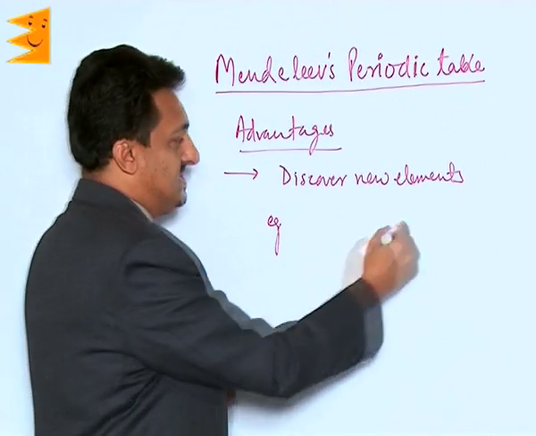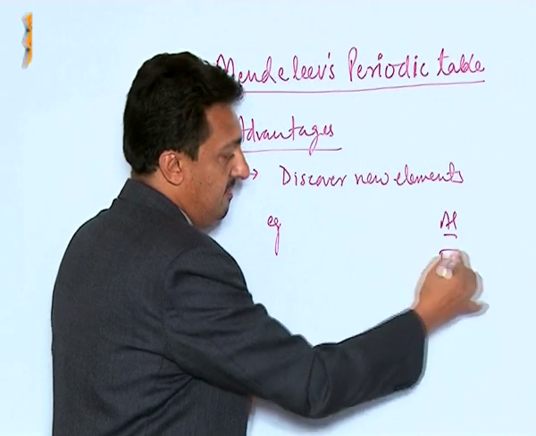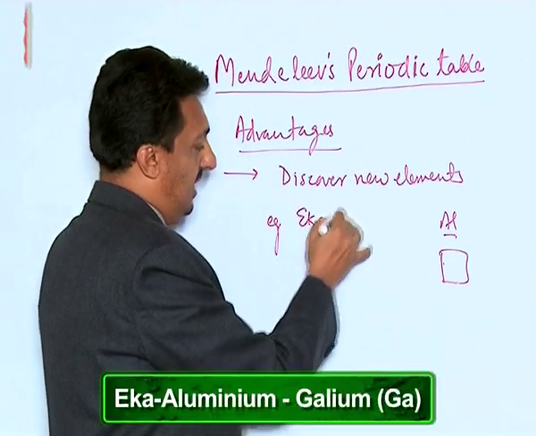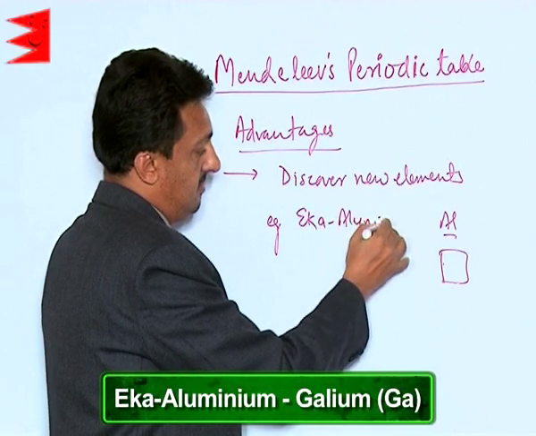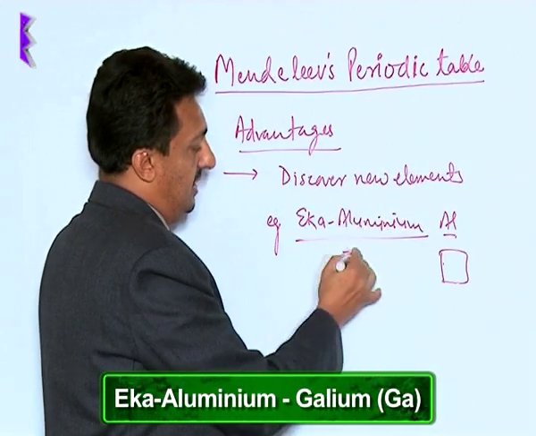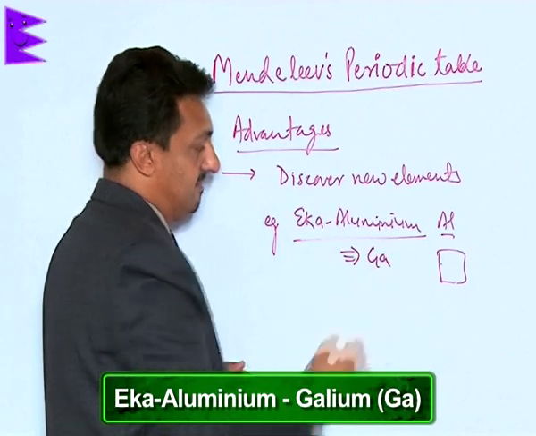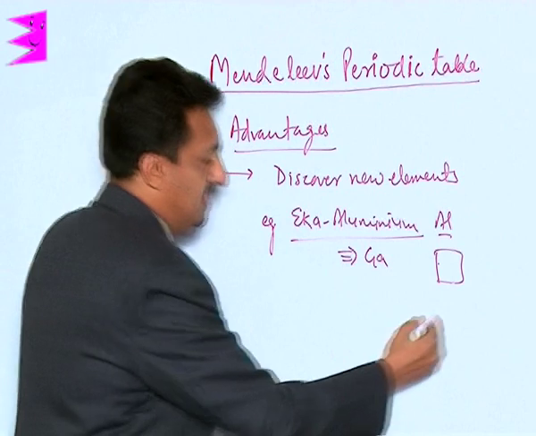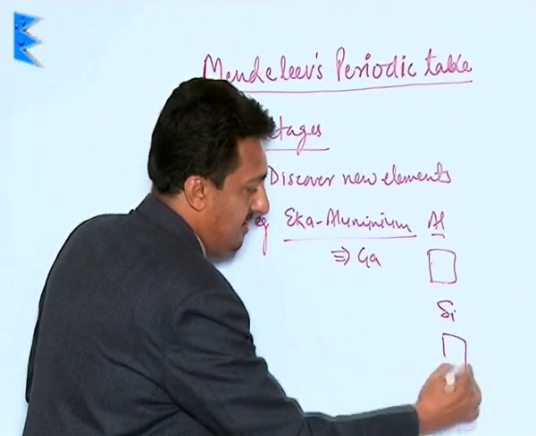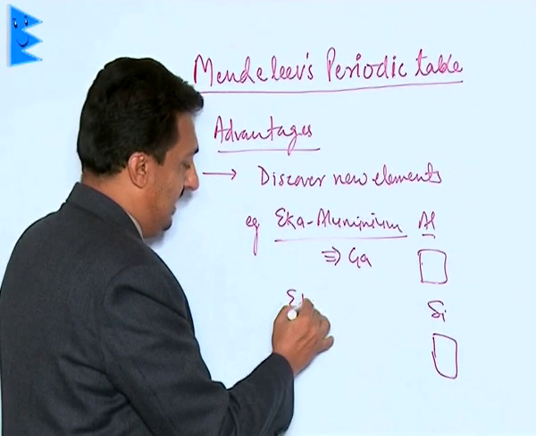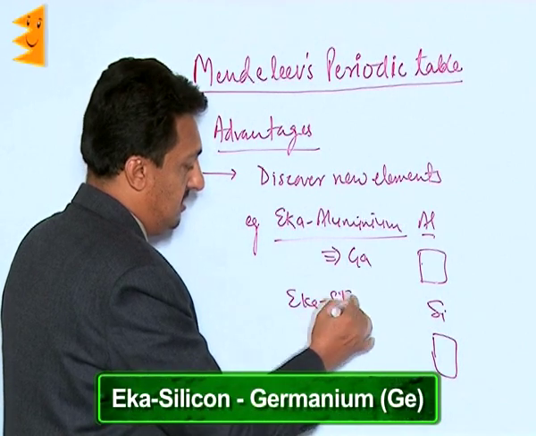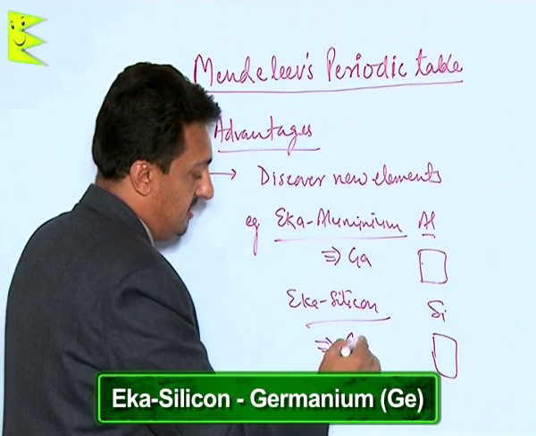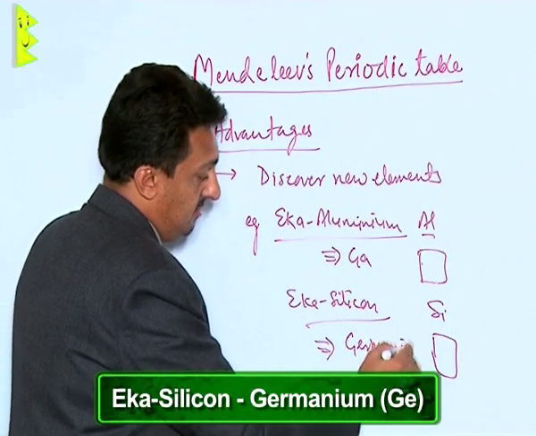He left a space below aluminium, and that element he called Ika aluminium, which was later discovered to be gallium. In a very similar way, he placed a gap below silicon, and he called that element Ika silicon. We later discovered it and called it germanium,